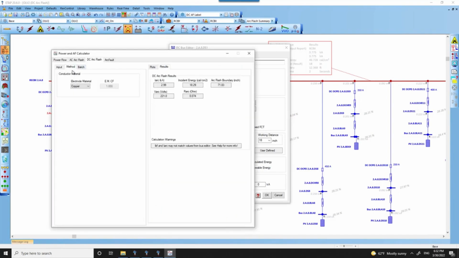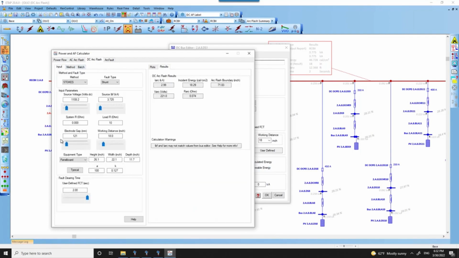So in this case, we used the iterative process using the time slider, and we started with the original gap, a typical gap of 25 millimeters, and started increasing the gap in such a way that the incident energy at one point reaches a maximum peak value and then starts to reduce. That was happening at 121 millimeters, which was the highest incident energy that was given, and that was still